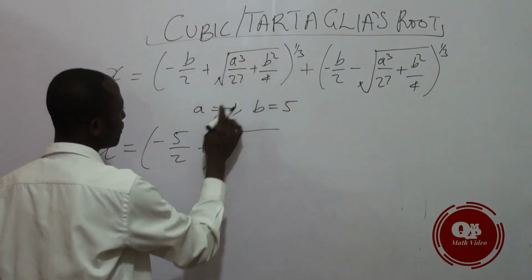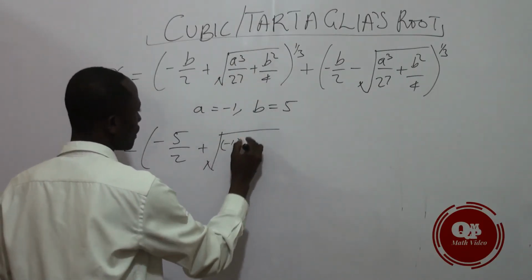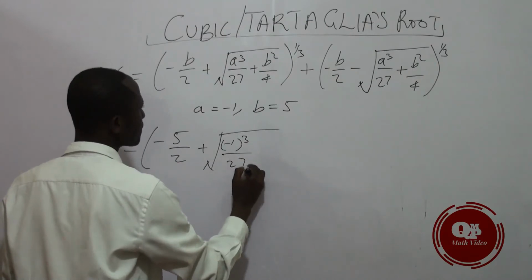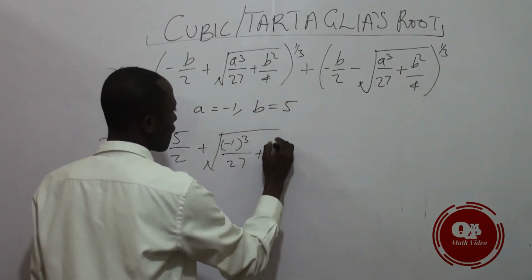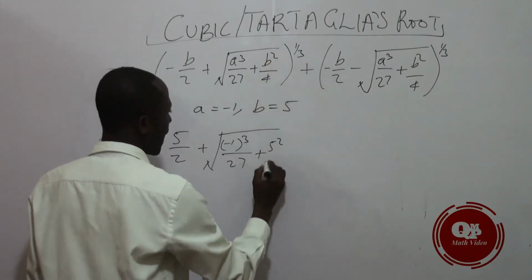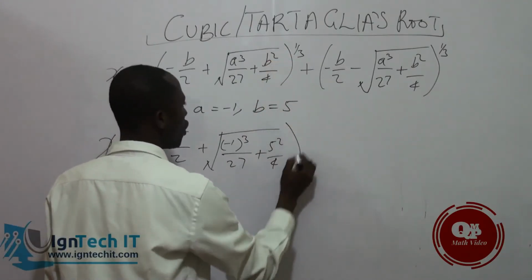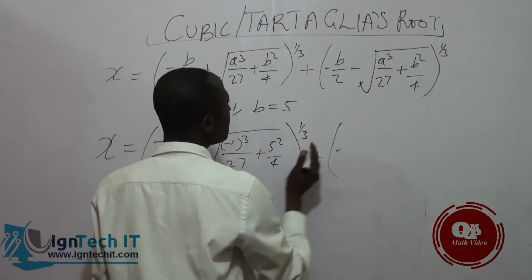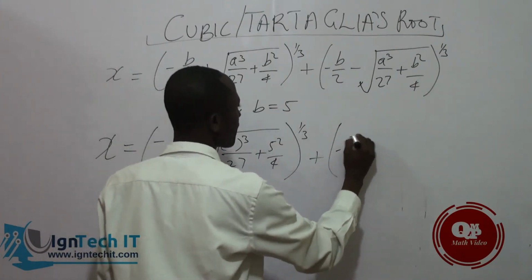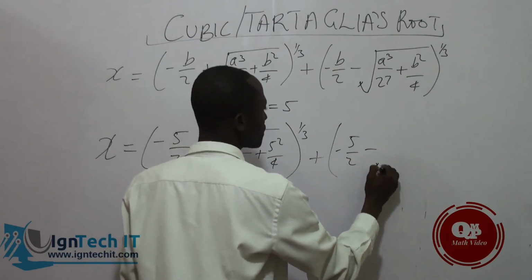We have a cubed, that is negative 1 to the power 3 out of 27, and then plus our b to be 5, so 5 squared out of 4, all to the power 1/3, and then plus negative b, the b happens to be 5, out of 2 minus